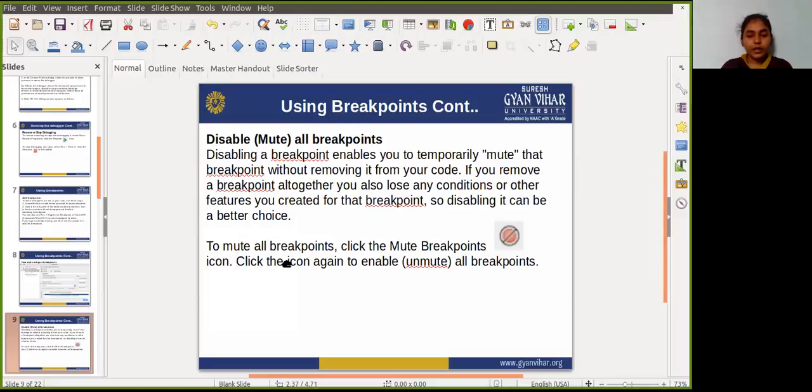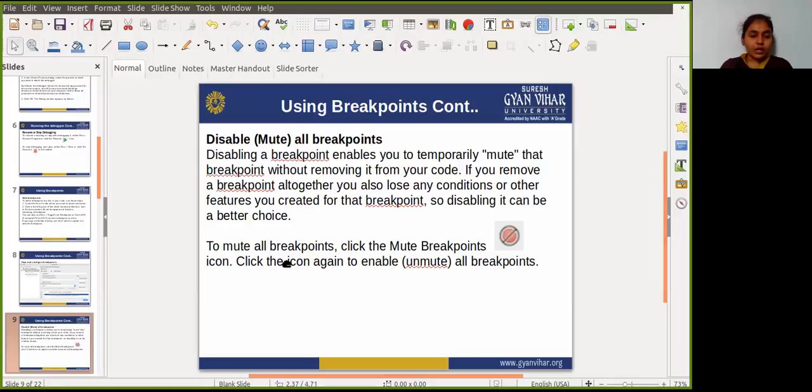If you remove a breakpoint altogether, you also lose any condition or other feature you created for the breakpoint. So disabling it can be a better choice. Okay, so to mute all the breakpoints, click the mute breakpoints icon and click the icon again to enable all the breakpoints.